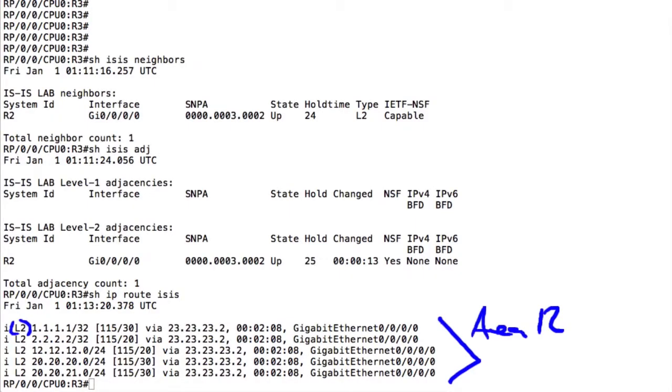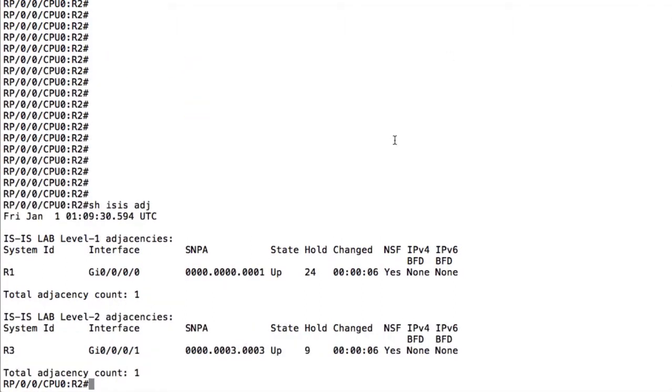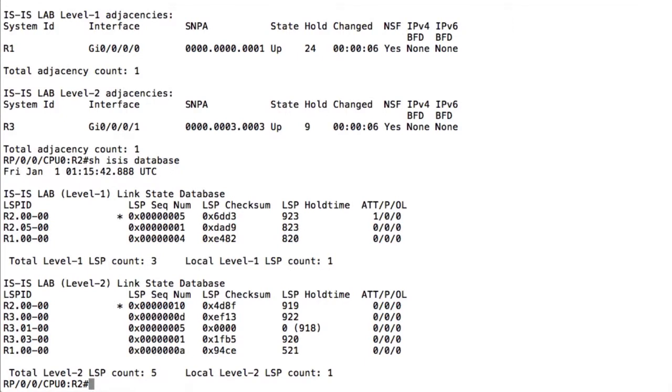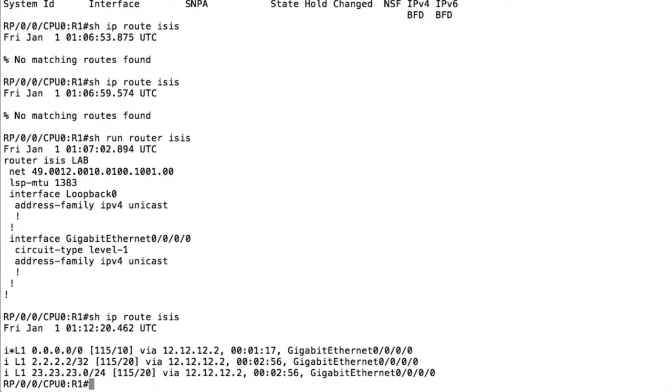Okay, so let's check the database, which I think is the only thing that we have pending here. So let's do show ISIS database. If we look at the database, we see that the level 1 database is quite small. See the attached bit here. And the level 2 database will basically have all the information that's been sent out by router 3 and the information that router 2 is injecting there. We can see those two with more detail. But look, for example, if we do show ISIS database,